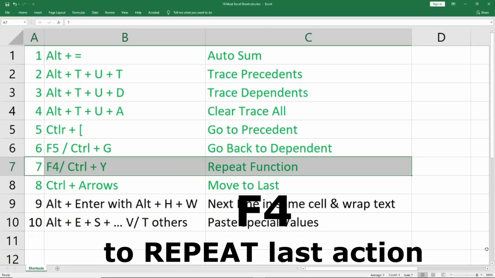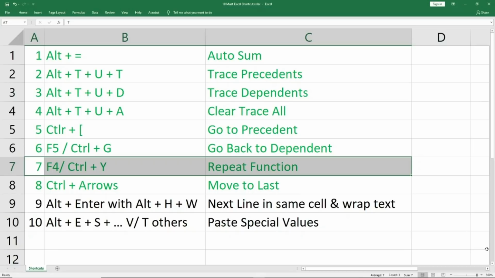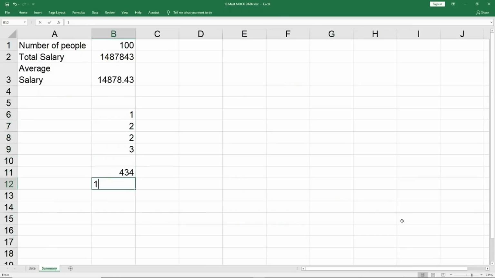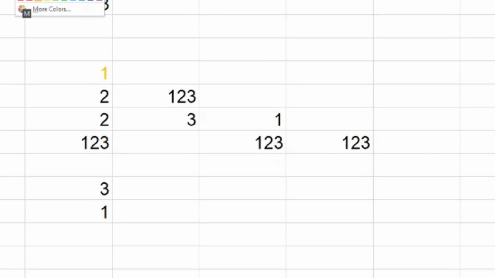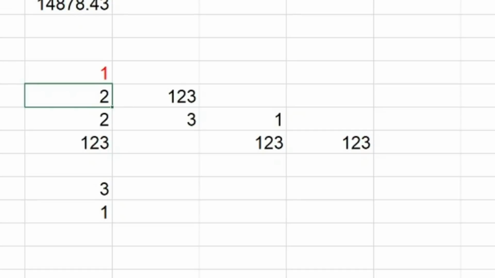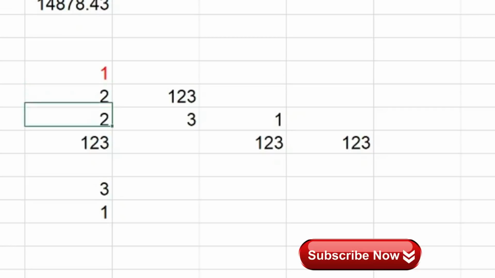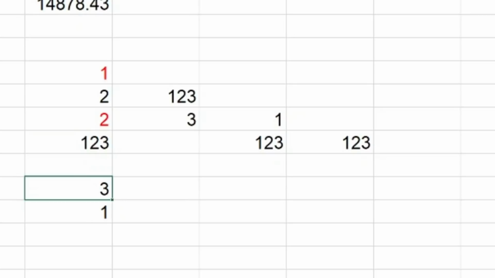I can also use Control Y, but if you want to do a couple of things, for example, had it been this data, and in this data I had to maybe bold or change the color. Let me change the color to red, Alt H F C, red, and I'm maybe just trying to tally or reconcile something, and I say okay, 1 was there, 2 was not there, this 2 was there, I hit F4. I don't have to do the entire thing again. This 1 2 3 was not there, this 3 was there, this 1 was there, this 1 2 3 was there. So it makes life very easy because you don't have to keep using your mouse again and again.